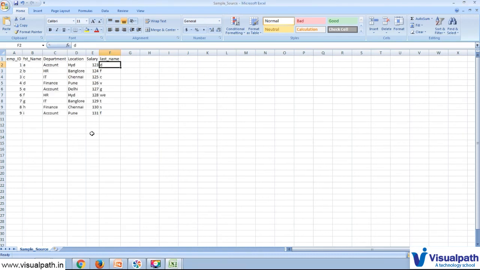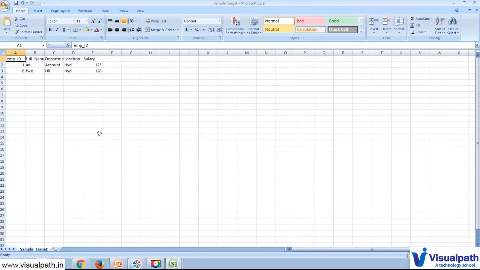And for the second record, where is that second HYD here? F is the first name and W is the last name, and we have concatenated both the F and WE and brought into the target system as FWE.